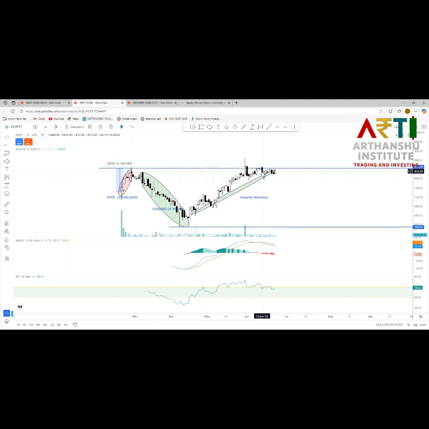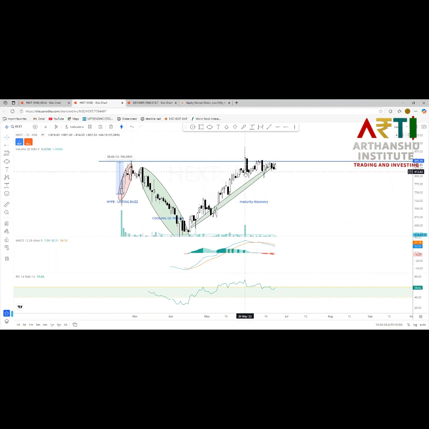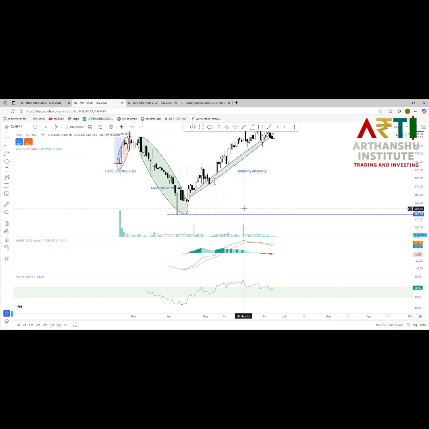We don't know whether this is the institutional phase or the cooling off phase, but if we assume this is the institutional phase, then we will look for buying. Say we bought here, then we will buy again here, and again somewhere here. Here we have to look for clear volume spikes. This is the volume we are looking for. This volume candle is good. This is also good. Here again we have small volumes, but